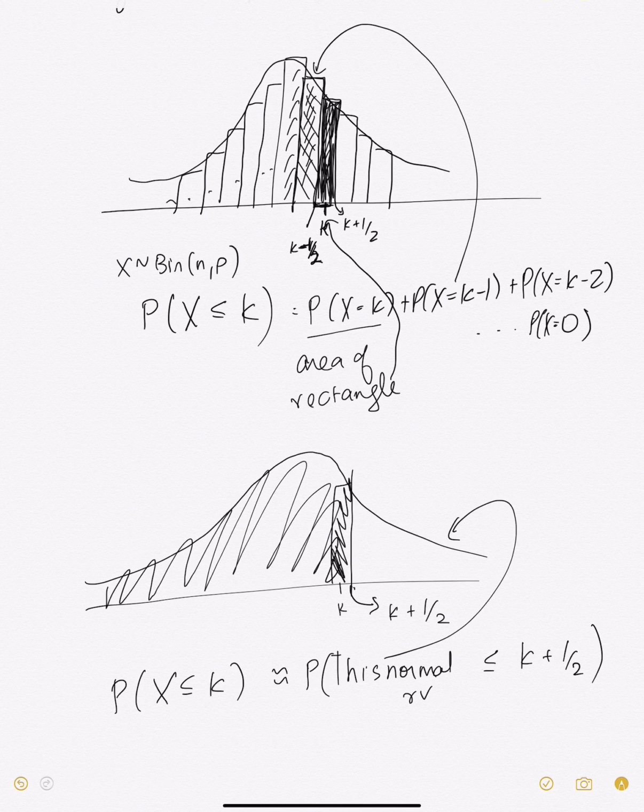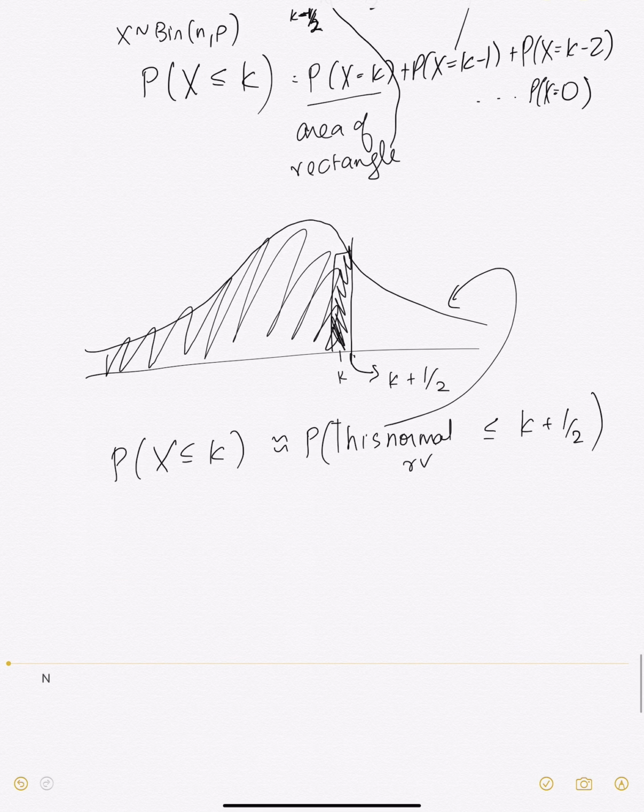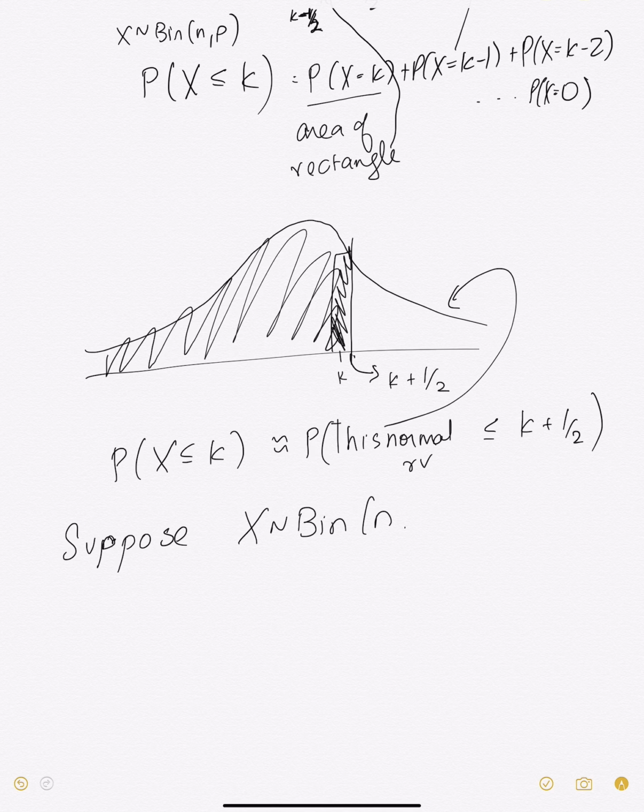What do I mean by this normal random variable? I just mean the normal random variable that has that PDF. All right. Okay. So I'm going to make this more concrete now. Suppose x is binomial with parameters n and p. So n trials, p is the probability of success. Okay? Then you have that